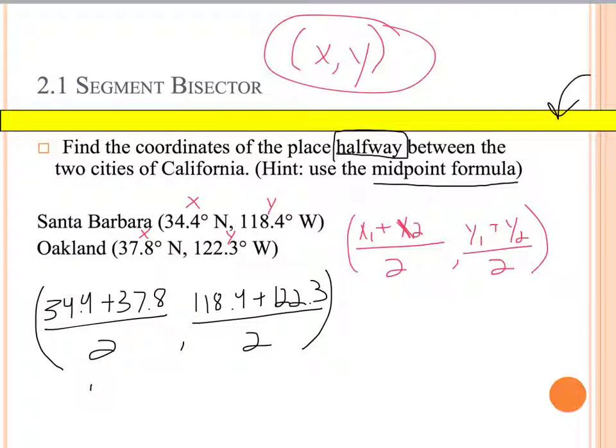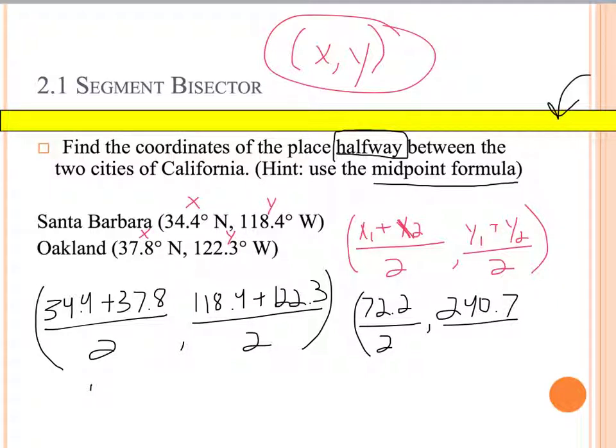Okay, adding these together, then we're going to divide by 2. So 34.4 plus 37.8, when we add those together, you get 72.2 over 2. And 118.4 plus 122.3, we get